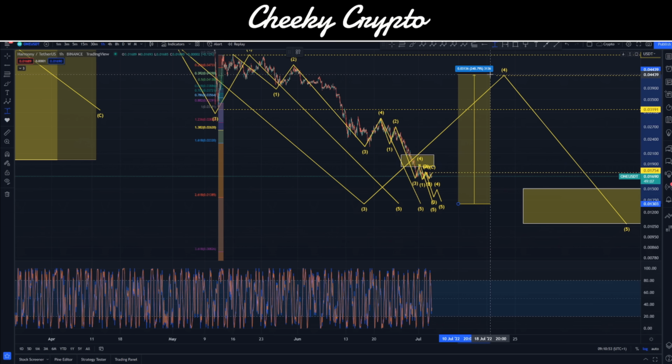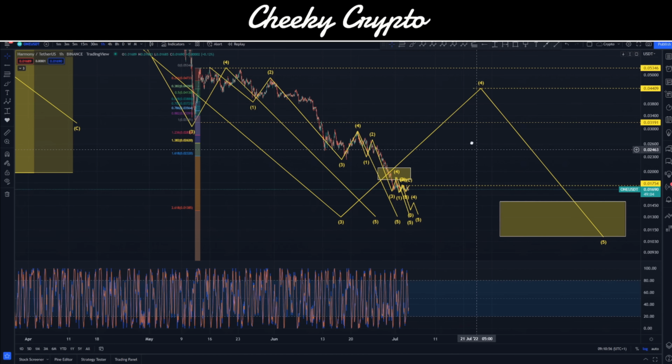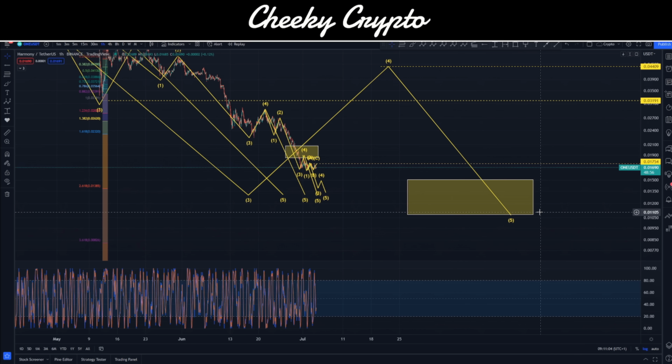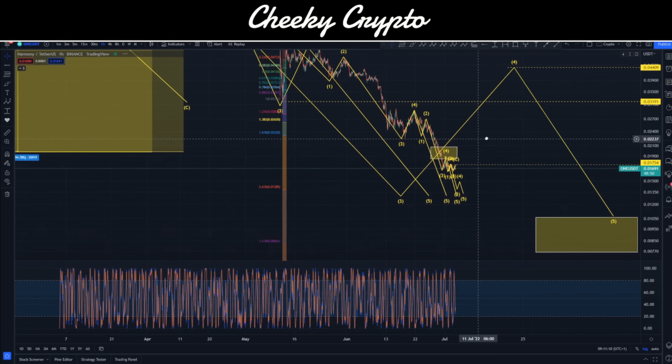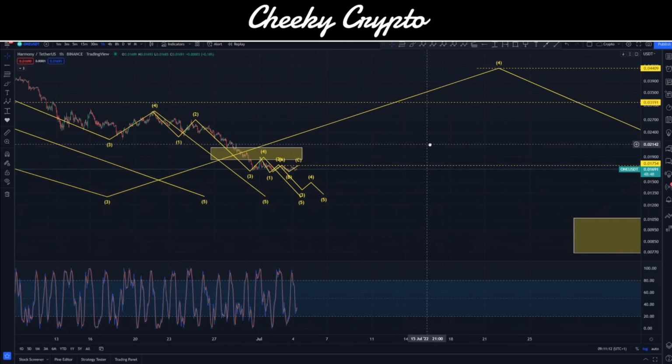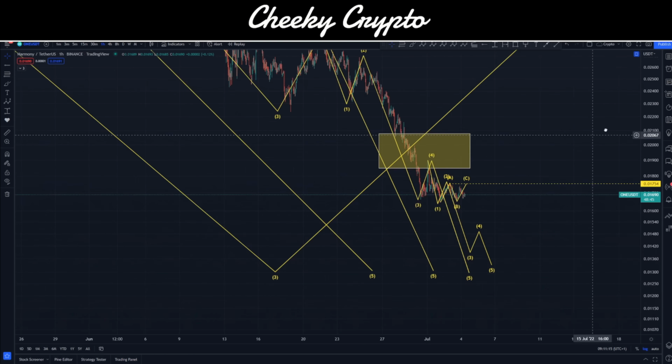You're talking about 200 and something percent now, 240% potentially, if we were to track up that high. And I think it would be very explosive, but it should be corrective. And then we pull back down into the final lows, which again would potentially take us lower than 1 cent on Harmony 1. So again, lots of things to think about, lots of things to review. And there isn't too much more to really talk about today, because I don't think we have all of the structures here just yet. We need to see what happens next.